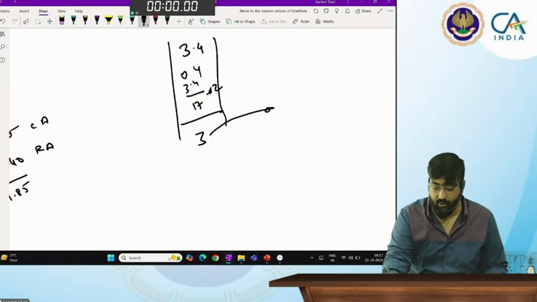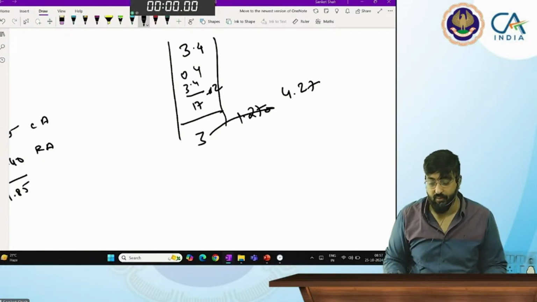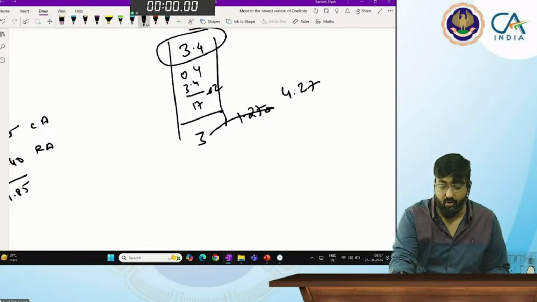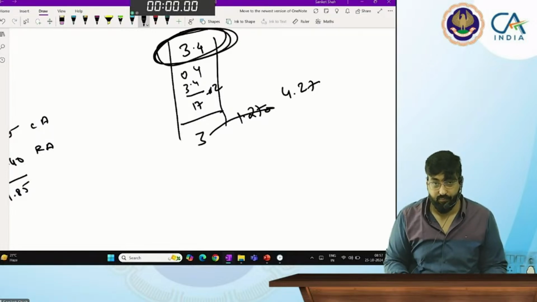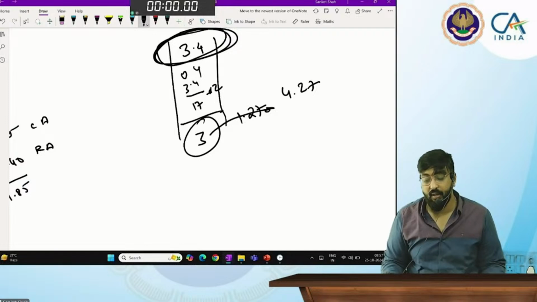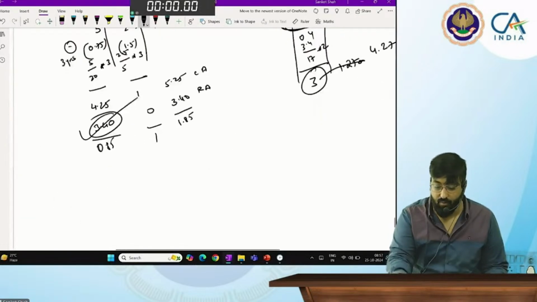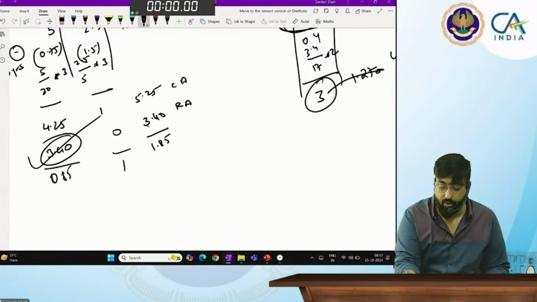अभी इसकी रिकवरेबल अमाउंट कितनी हो गई? 4.27. तो कितने से इंक्रीज हुआ? 1.27. What is the balance that I have shown? 3.4 और ये मैं 3 पे आया. करेक्ट है? If there is no impairment, तो ये 4.25 को मैं आगे कंटिन्यू करता था,